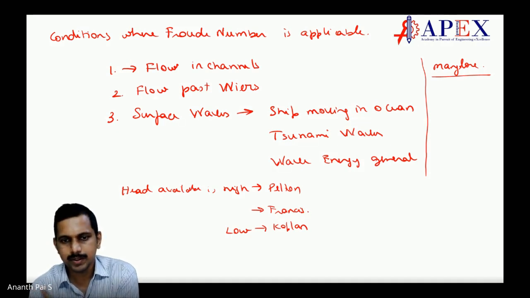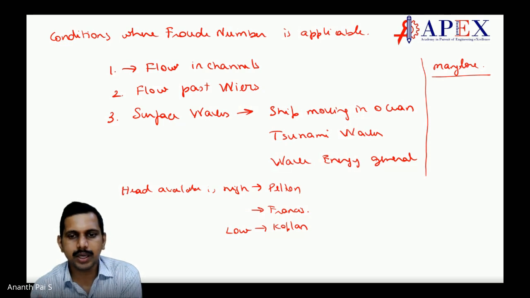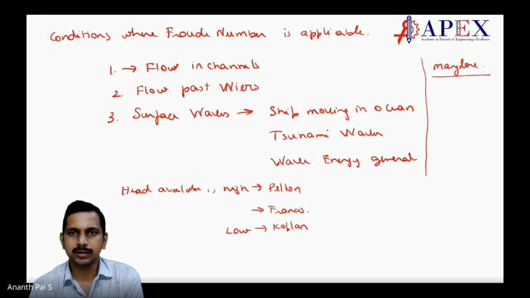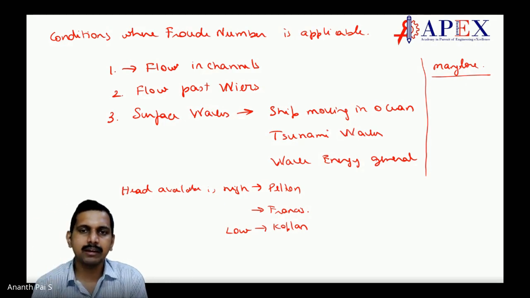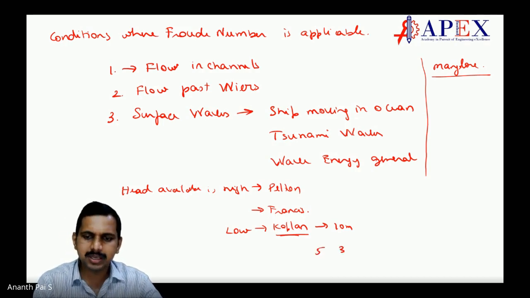So if you consider Sharavati power plant, there they use Pelton because around 200 meters of head is available. But in case of our Western Ghats, there are places where head available is around 25 meters, 20 meters, 10 meters. That is head available. There you have to use Kaplan. Even here in Mangalore also, the head available will be 5 meters, sometimes 3 meters, enough.